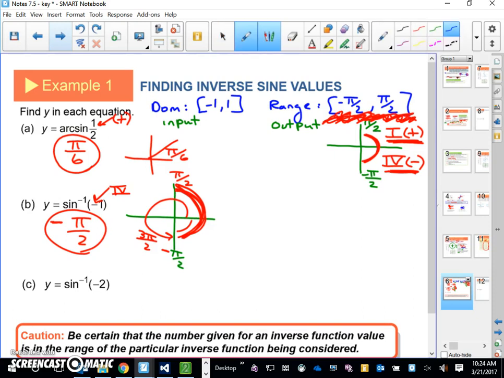Now, part C, inverse sine of -2. Okay? And that's not on the chart, I suppose, so that's your first problem you're looking at. But also notice your domain. Remember how the domain was from -1 to 1? That's talking about input values. That's talking about what I am even allowed to plug in. I can plug in any number I want to as long as it's in between -1 and 1. Those are the input values. What that means is I'm not even allowed to plug in -2. I can't. It's not going to work. Okay? It's not going to work, and so this is